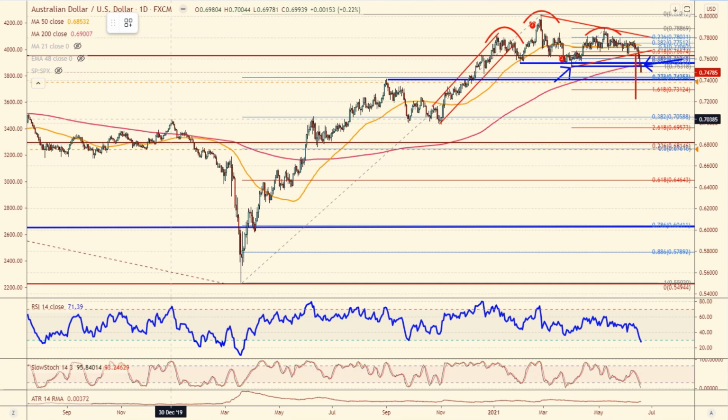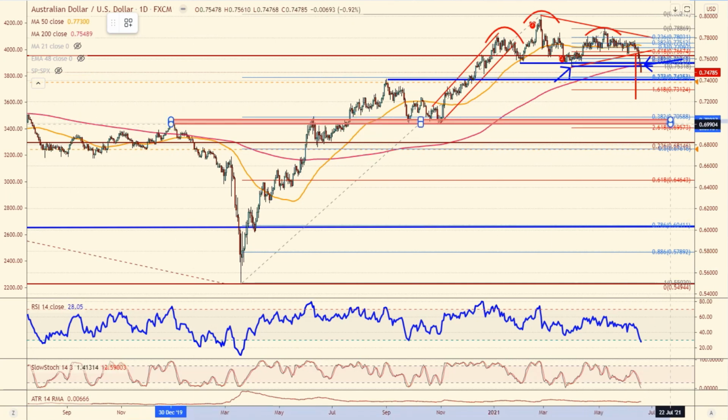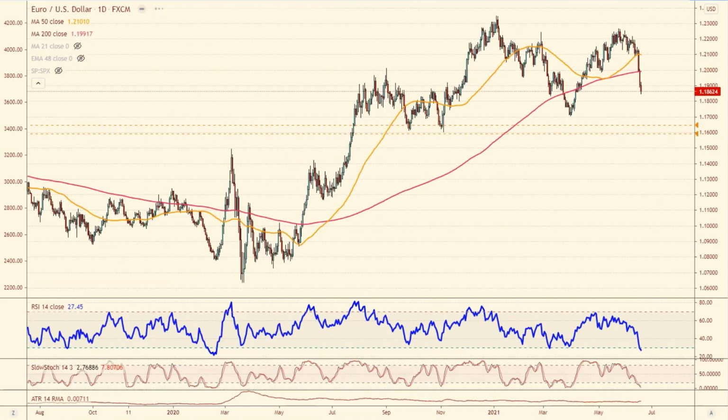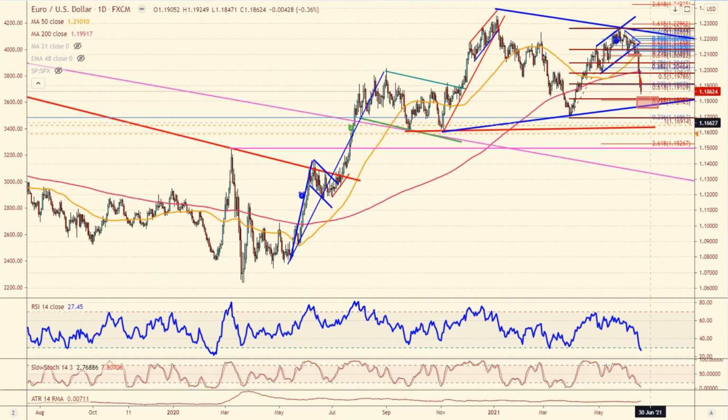And obviously 70 cents, or somewhere around 70 cents, is going to be really key support in the event we make it all the way back down there. But like I said, all dollars will not be created equal, meaning that we may see an outsized move lower in the Aussie dollar, where the euro dollar may only drop from 118 maybe back down to 115. And if that is the case, you might be better off trading some of these other currencies, like commodity currencies, that may be more sensitive to a fall in equity prices.